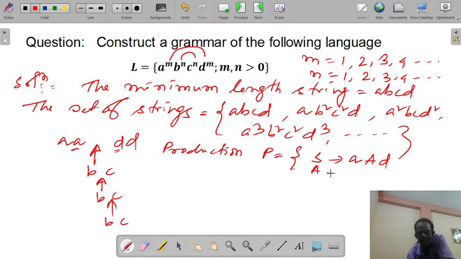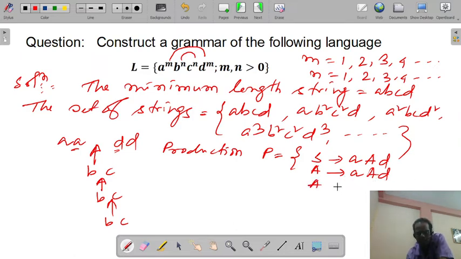A needs to be substituted by small a, capital A, small d. Using this we can increase the number of A and D, but always the number of A's and D's will be equal. But next, we need to insert BC in between A's and D's.